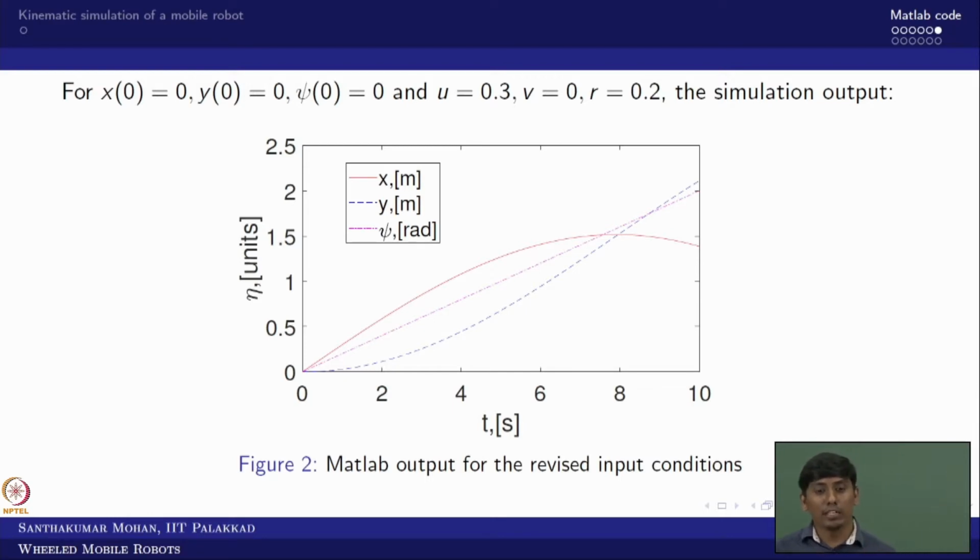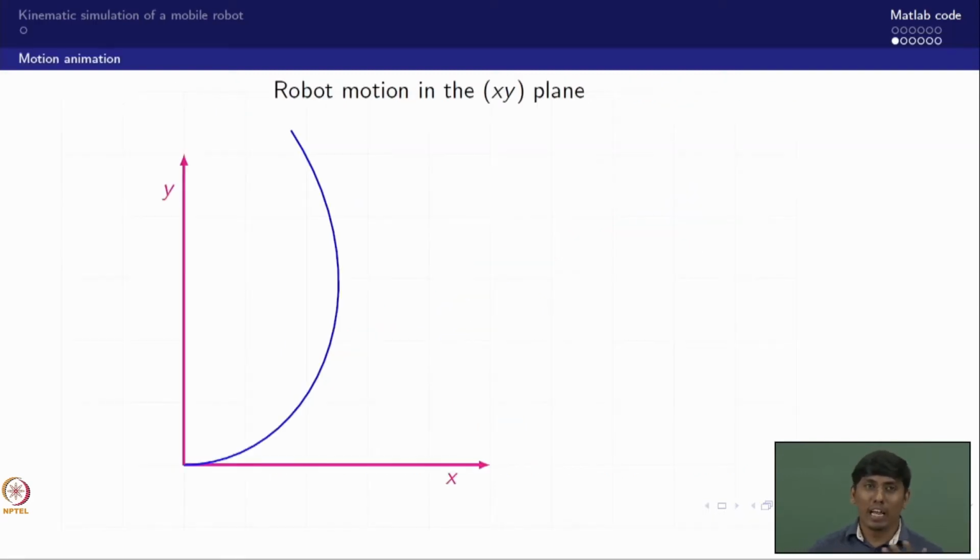Now the simulation gives this result, where x is slightly bending but we do not know its nature, y is also curved like a parabola, and r gives psi, in the sense that psi gradually increases. But this code and this result are not giving any fruitful information. One can ask, can I plot x versus y? Yes, you can, but still I am not getting the picture of what psi is doing. How the vehicle is oriented, or whether the vehicle is rotating about itself, is not informatively given here.